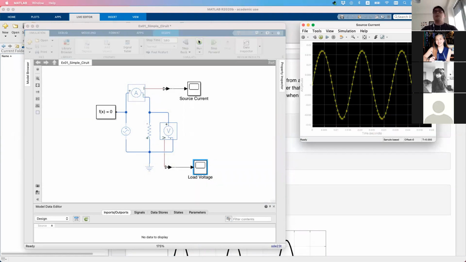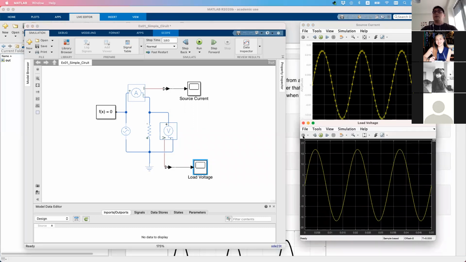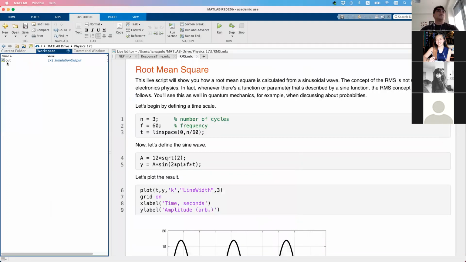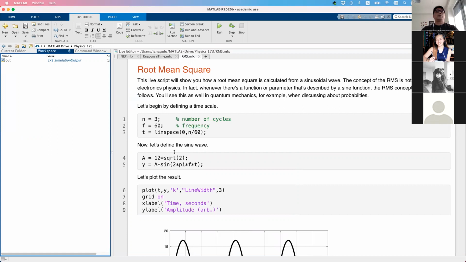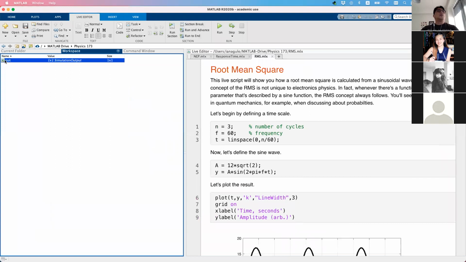Nakita nyo hindi lumitaw yung result ng voltmeter kasi in-click ko yung open at simulation start. So lalagay ko na yan dyan ngayon. Now makikita nyo sa workspace meron itong variable. Move ko lang ito ng konti. So ito yung output variable from the result. If you double click that,